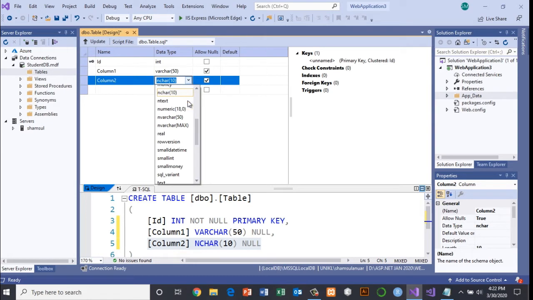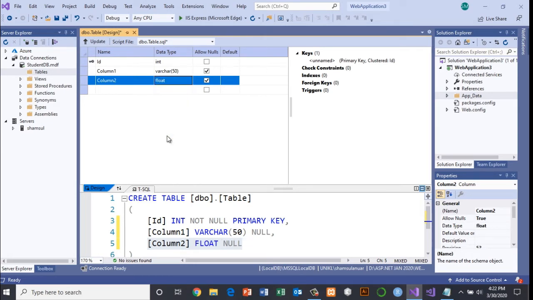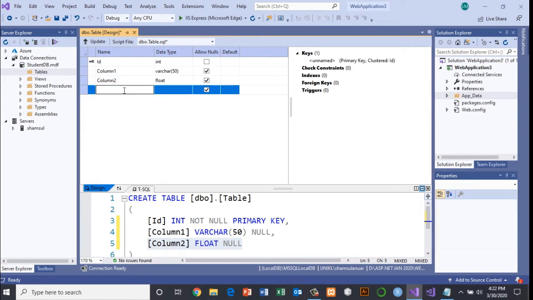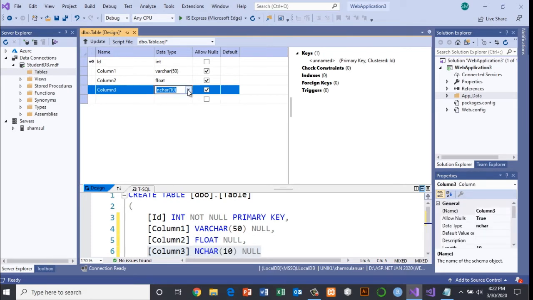Let's say this is a float. A float is a value with a decimal place. Column 3, we have a date. For date, there is datetime, so if you want just the date, you can select date.